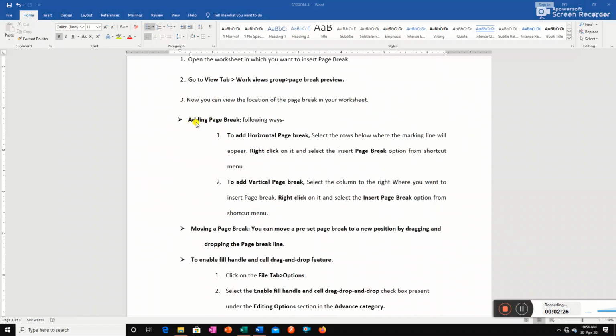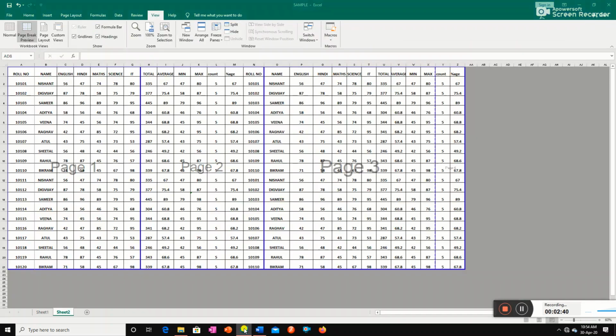There are two different ways of adding page breaks. The first one is to add a horizontal page break and the second one is to add a vertical page break. To understand it, again we are going to open our worksheet. This worksheet is divided into 3 pages, page 1, 2 and 3.